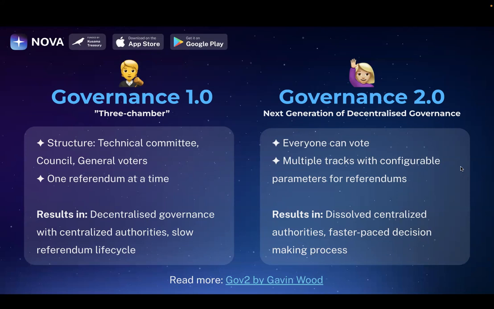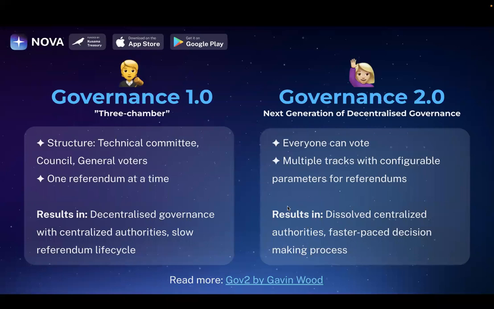sending one Kusama token as a tip to one of the accounts for their contribution to the ecosystem would be approved relatively fast, within, let's say, 3 hours or a day, right? But something more crucial for the network, its treasury, or the community, like a big treasury proposal, so spending a large amount of funds, would require more time. So that allows us to distinguish between different actions in the ecosystem and handle them in a different way in